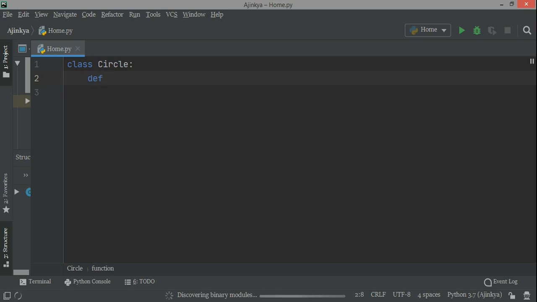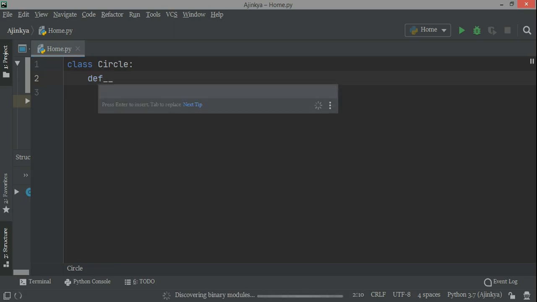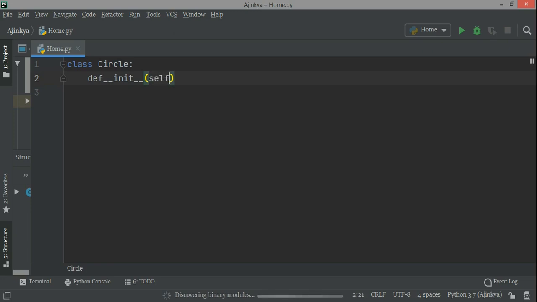In this example I create a class, and the syntax goes like class Circle. The circle has an important parameter called the radius, and it has the diameter which is 2 times the radius, the circumference which is 2 pi r, and the area which is pi r square. This is the basic thing which you understand and know also. Now this is the mechanism of initializing the variables of the class.